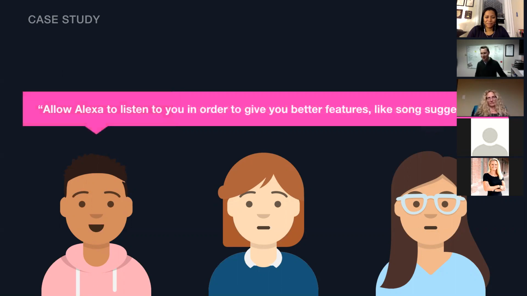And then somebody else built on top of that same argument, saying we just need to offer a little bit of value in a different way than maybe we intended originally. And so in this case, the third participant said, well, maybe we can allow Alexa to listen to you in order to give you better features like song suggestions. So if it listens to everything, then it will know what songs are playing and it will be able to give you some more value add. So at one level, this actually doesn't sound that evil, because they are thinking about, well, how can we give the user value? But it's all cloaked underneath this larger unethical framing, which they never rejected, which is a little bit concerning.